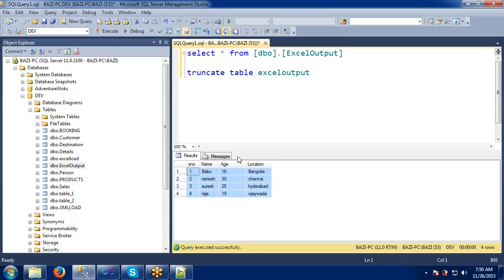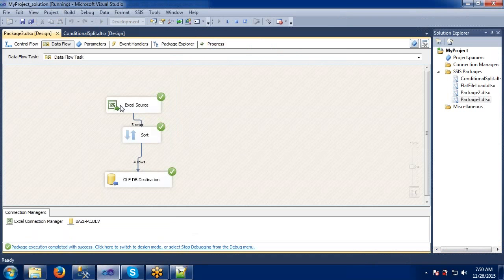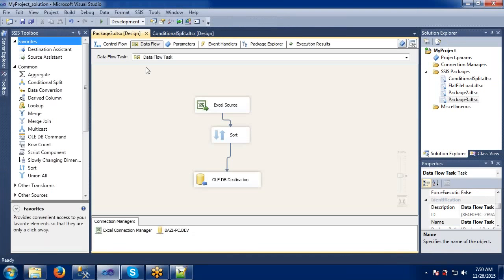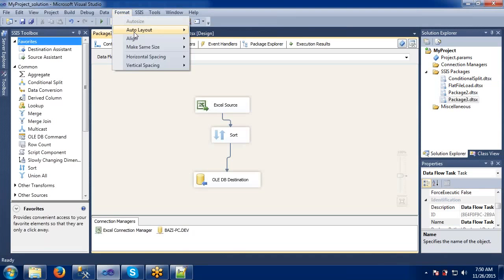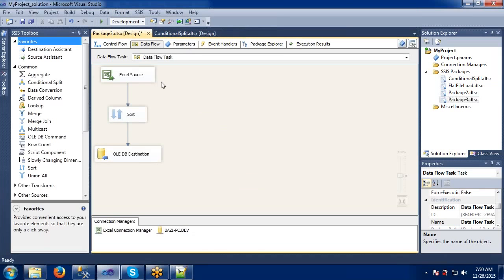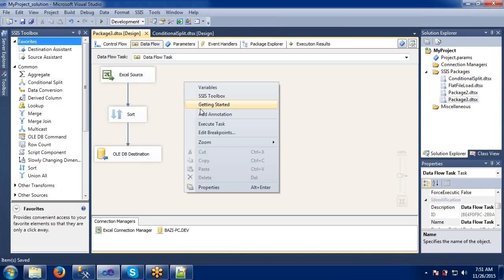So this is one way of doing the Excel to table load here. Save it. On top of this we can add some annotations here. What does this annotation mean? We have the Add Annotation option here, and I will show you.